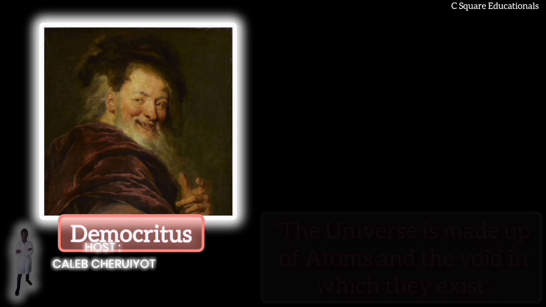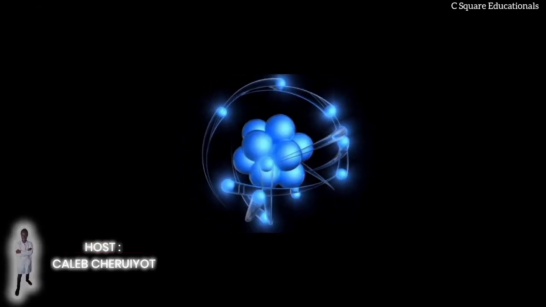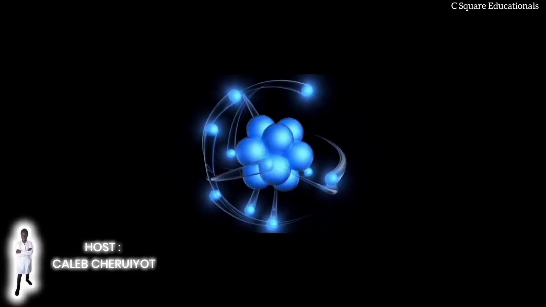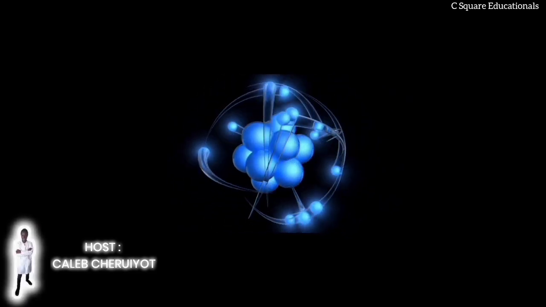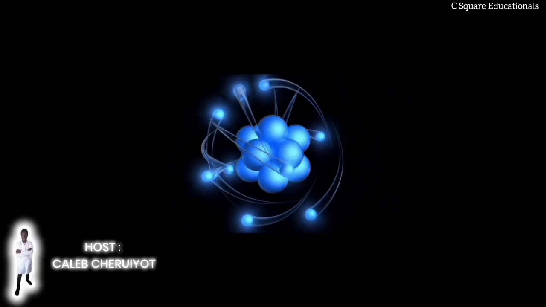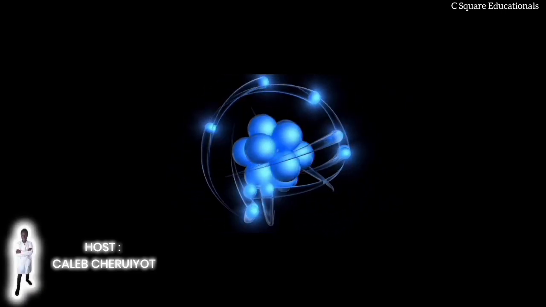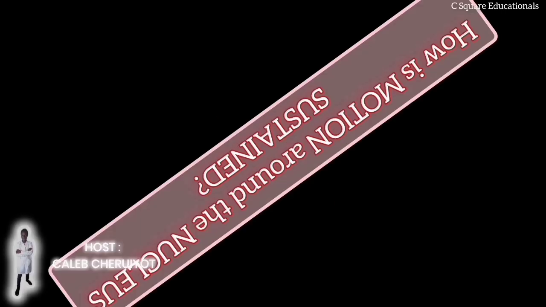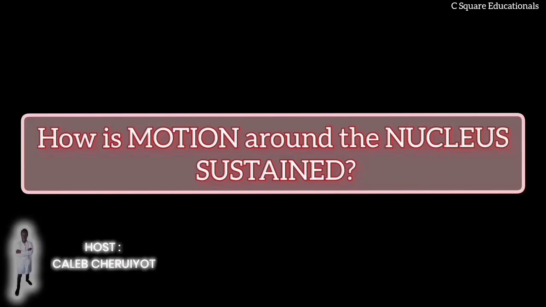An atom is best described as a dense and compact nucleus encircled by rapidly moving orbiting electrons. This concept naturally raises the question: how do electrons sustain their motion around the nucleus without slowing down? This question became a major concern in the early 20th century and led to the development of quantum mechanics itself.